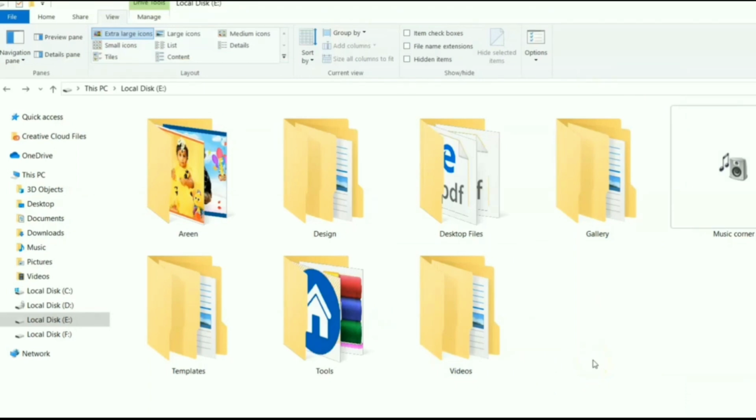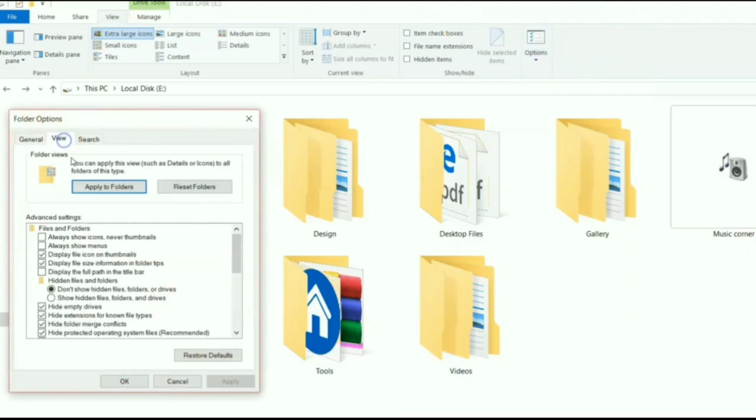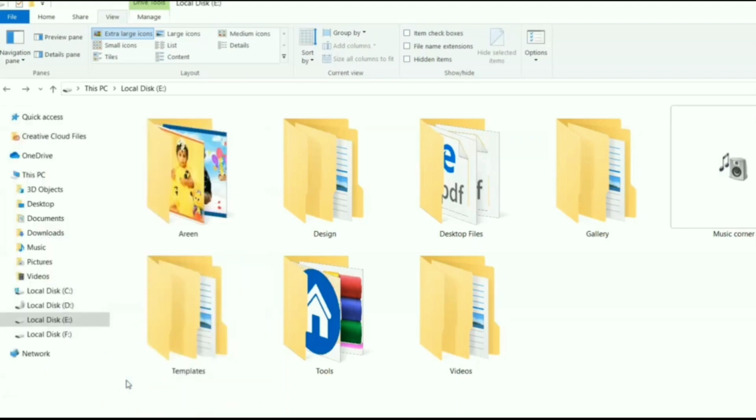Now if I click on the folder option and try to view the hidden folder, it won't show that particular folder. That sounds pretty good, right? Let's see that. So go to the option and click on change folder and search options. Under the view tab you can see two options: don't show hidden files and show hidden files. If I click on show hidden files and click OK, you can see that the particular folder VMP is still not visible. Even if your friend tries to use the show hidden files and folders option in view, they cannot access the file which you hid. Only you are allowed to revert that particular folder.